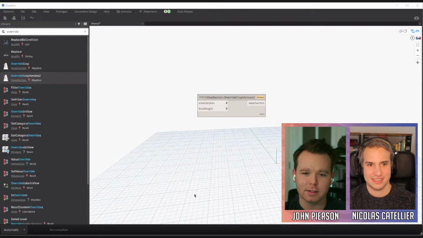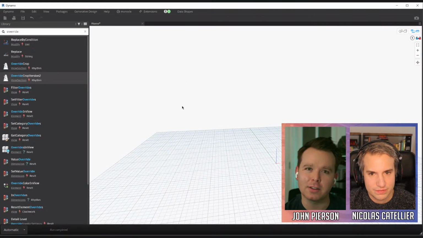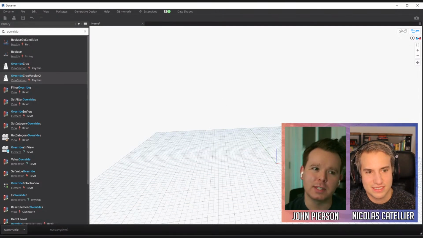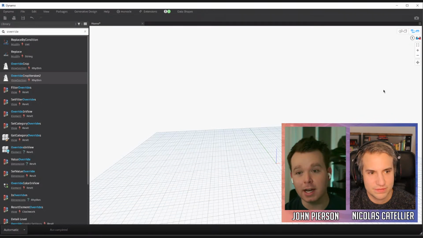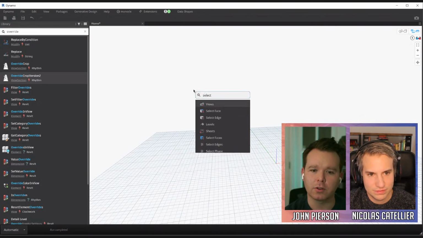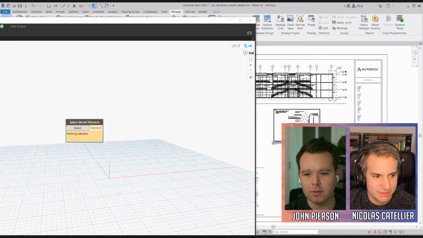Yeah, so that one's a great example because when I was working on Dynamo graphs, one of the first questions I had on the forum was, how do you set a type parameter? Because in Dynamo, you select a model element, and I can kind of work through it on my screen at the same time. You select the model element, right? So if we're in a view,